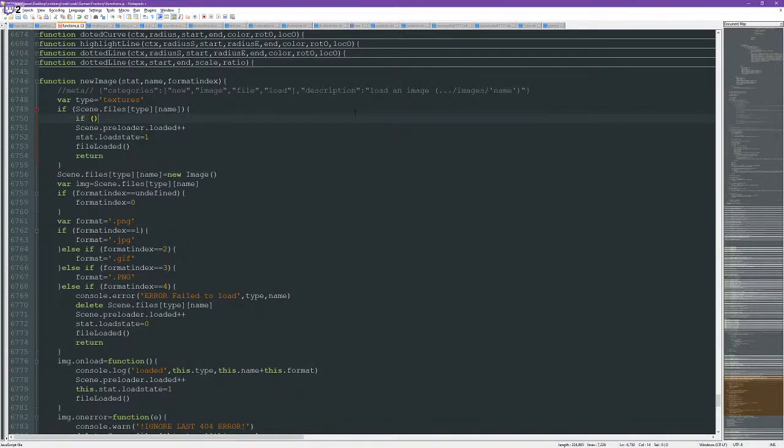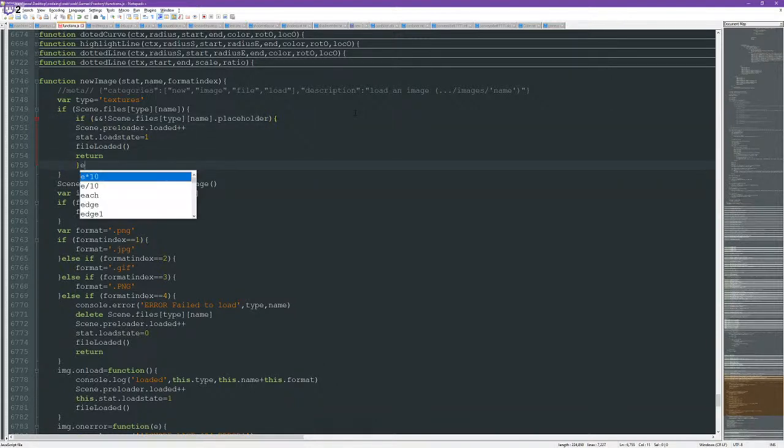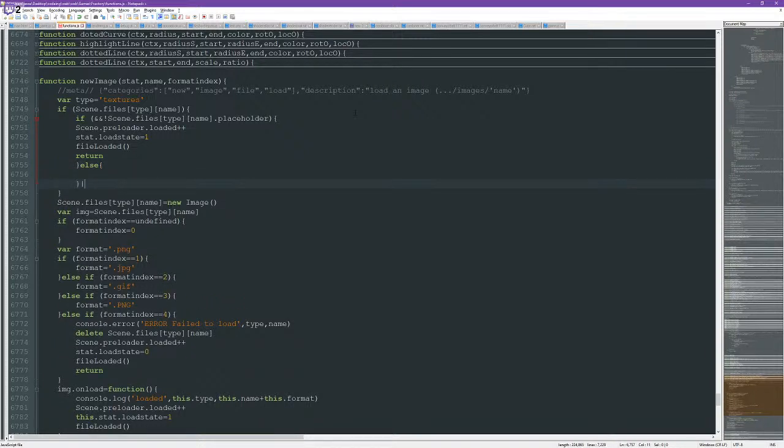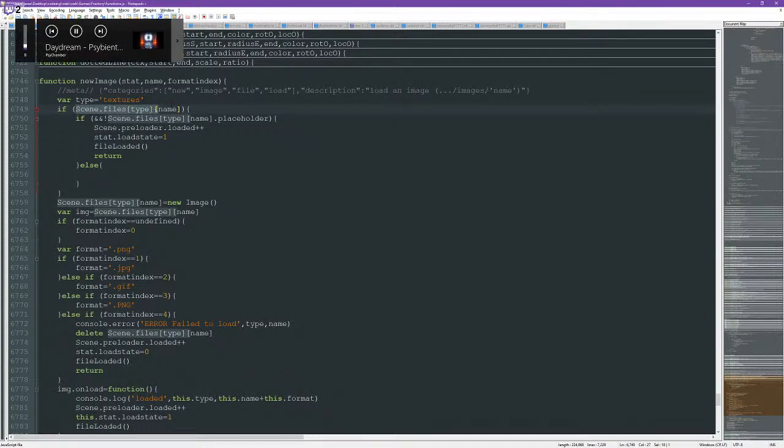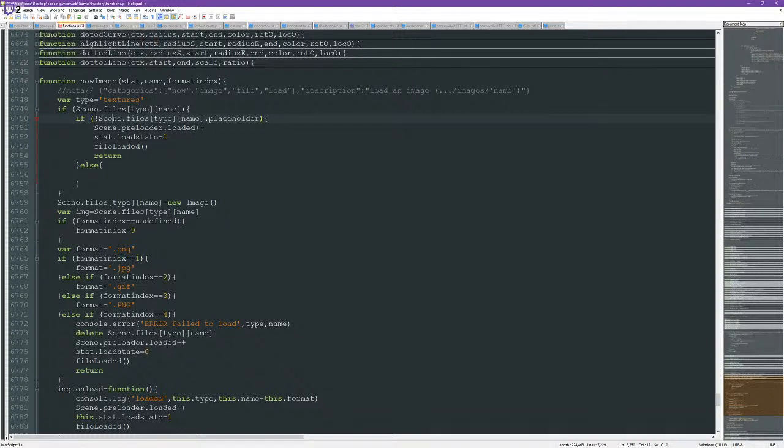And if this is a thing, then we do that. Else, alright, so if it exists, then we check to see if this is false. If this is false,